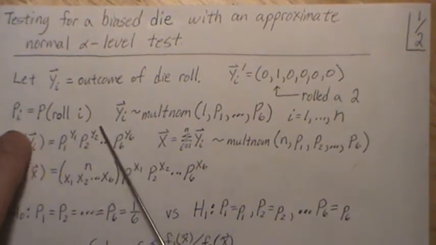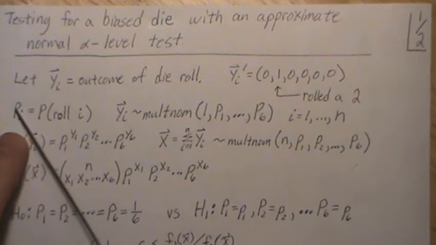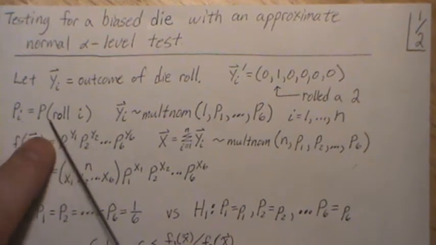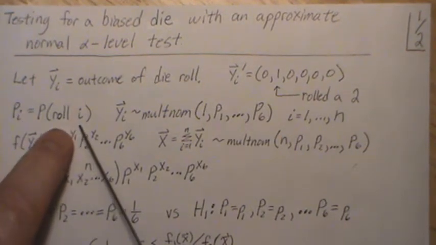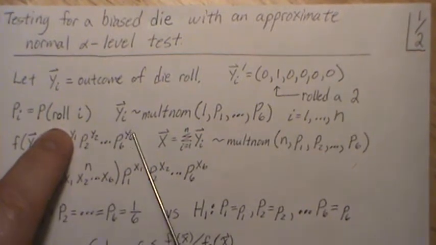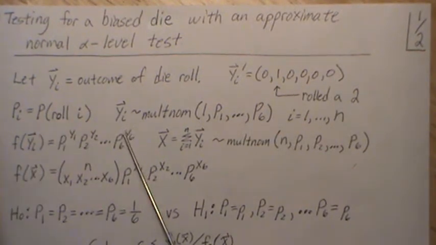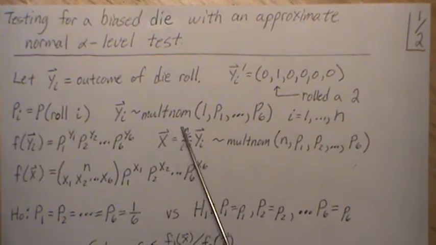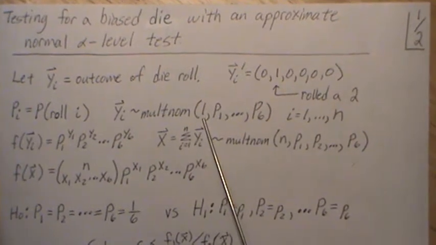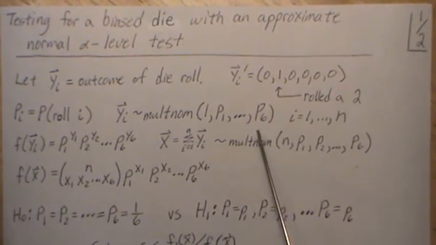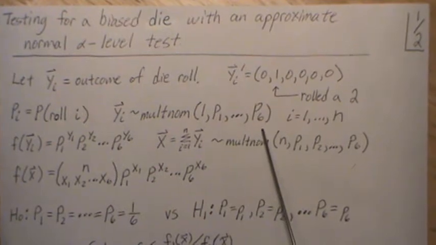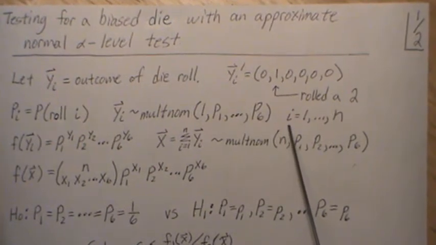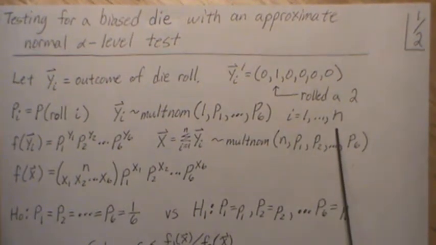Now the probability, we're going to let capital PI equal the probability that we roll an I. Now yi is what's called a multinomial distribution with n of 1, and then with these probabilities P1 through P6. We're going to collect a sample of size n,